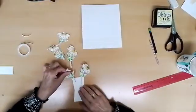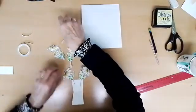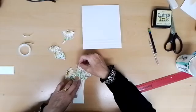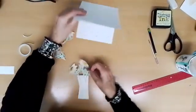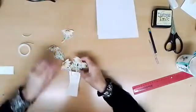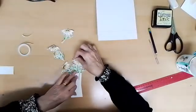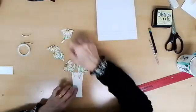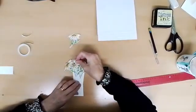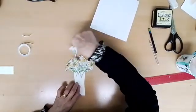Then we're going with one on this side. That's fine. Another one on here, so that can come up a little bit just to give a nice shape to your bouquet, if you get me. Again, check it's not going to be too high, and if it is, just move it down slightly, like kind of arranging your own flowers. This one can go here, and then what I'm going to do with this one is add it to the